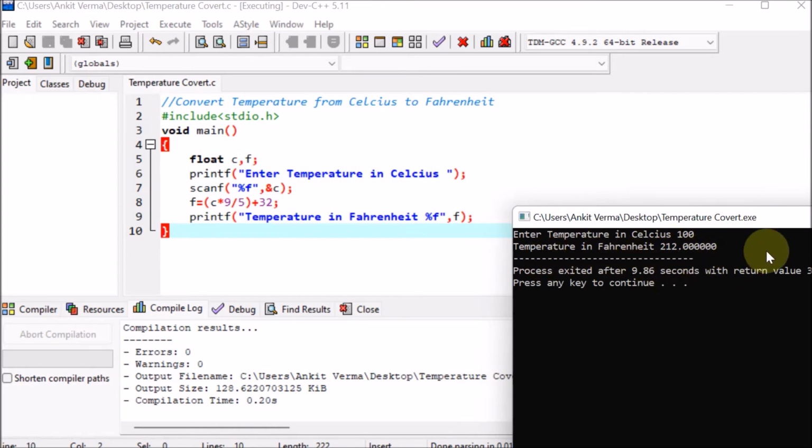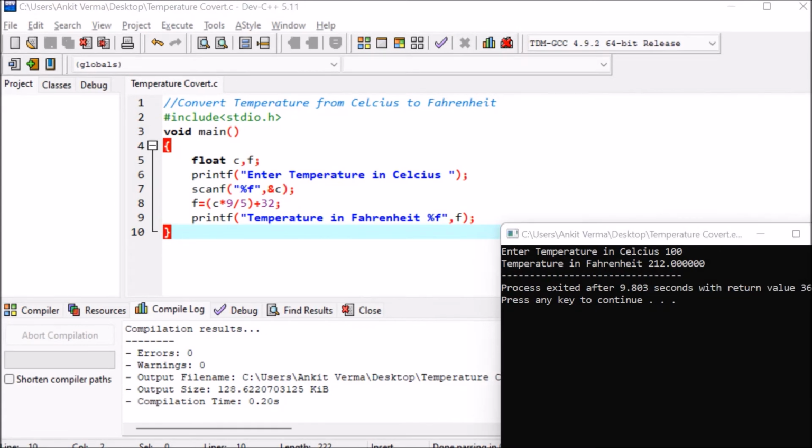Now we are going to see this program step by step, learning this code line by line. First of all, the compiler will come here and see that this is the double slash, that means this is a comment: convert temperature from Celsius to Fahrenheit. The compiler will read this and not do anything because this is a comment. Then afterward #include, which is the preprocessor directive. stdio.h is the standard input output header file, which is for the printf and scanf functions. That means these functions will work.